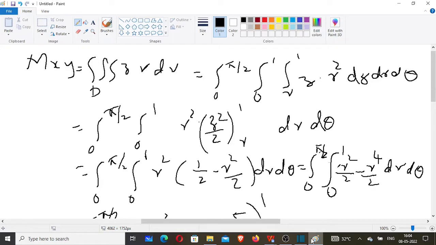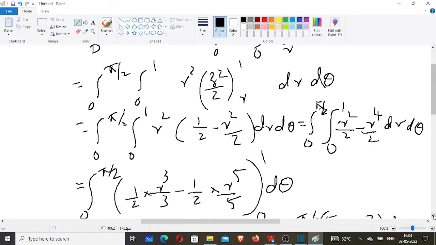into r square dz dr d theta, which is equal to integral 0 to pi by 2, integral 0 to 1, r square into integral of z, which is z square by 2 from r to 1, dr d theta, which is equal to integral 0 to pi by 2, integral 0 to 1, r square into 1 by 2 minus r square by 2 dr d theta. We can multiply the r square into the term 1 by 2 minus r square by 2. So it becomes r square by 2 minus r raised to 4 by 2 dr d theta,